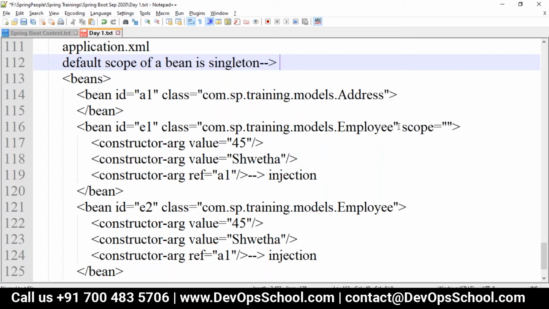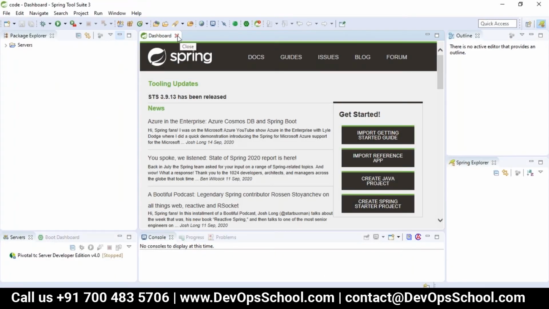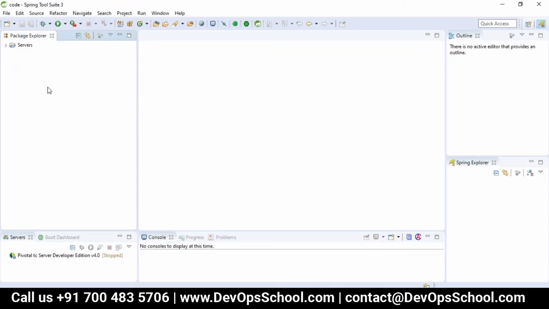So that is one object per container. If you create it like this, it is okay. But let me just show it to you practically. I will create one simple project and show it to you.